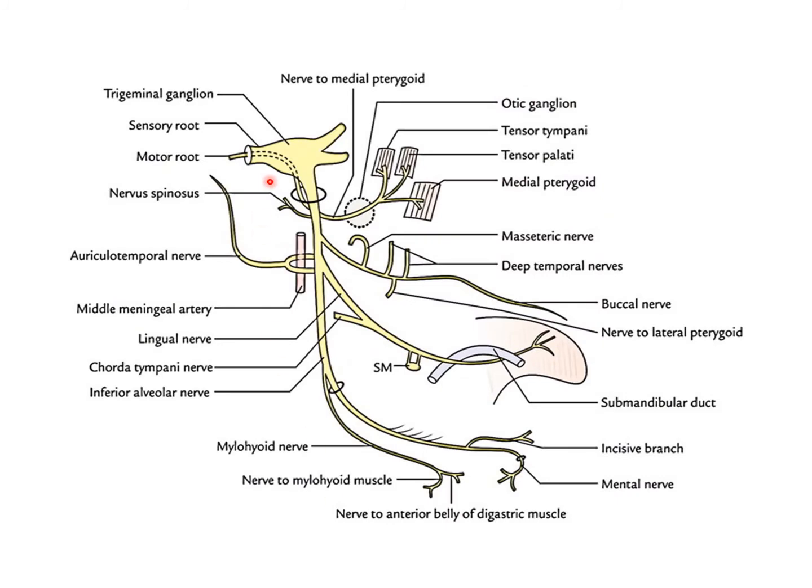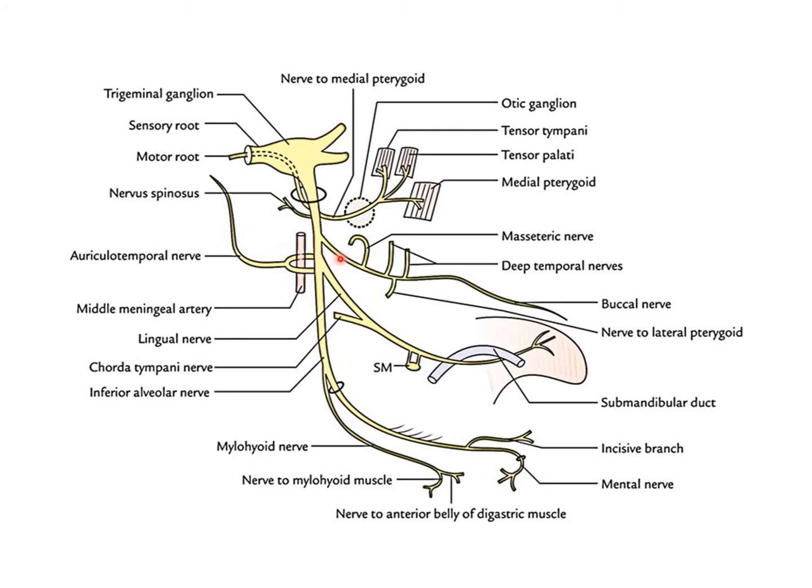So if we summarize the mandibular nerve, it has a thick sensory and a thin motor root forming the trunk, which comes out from the foramen ovale. The branches from the trunk are the meningeal branch, which is known as nervus spinosus, and the nerve to medial pterygoid. The nerve to medial pterygoid supplies the medial pterygoid muscle, tensor palatini, and the tensor tympani. Also, the trunk finally divides into an anterior division and a posterior division.